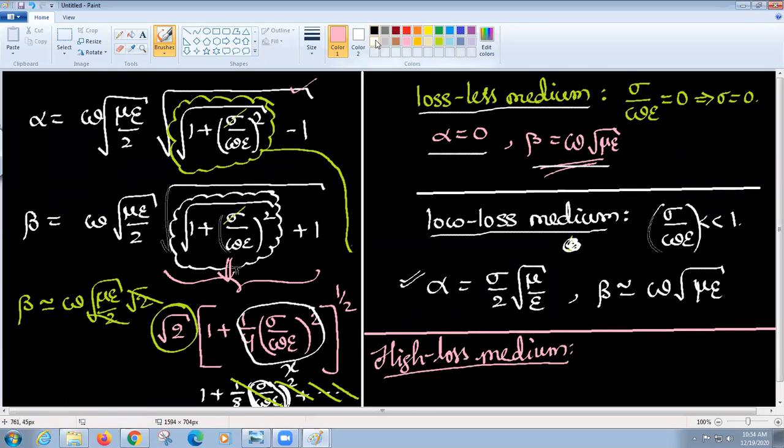Because the binomial expansion technique is good for 1 plus x to the power n, provided x is far less than 1. You understand this. If x doesn't meet this condition, then the series will never converge. If x is far greater than 1, the series will definitely diverge. There is no meaning in expanding it into multiple terms, a polynomial expansion. There is no use in that.